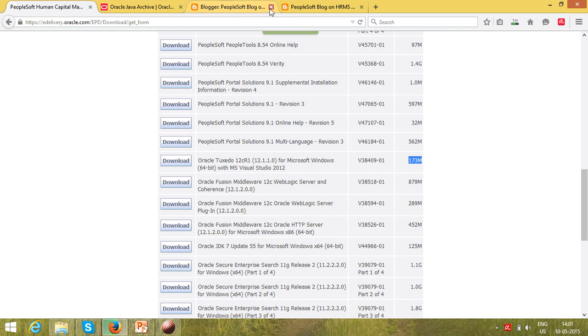We also, as I mentioned, have to download Oracle SQL Developer for the backend access of the Oracle database. We have two accesses, backend and frontend. For the Oracle database, the frontend is PIA and the backend is from SQL Developer. So we'll download that.